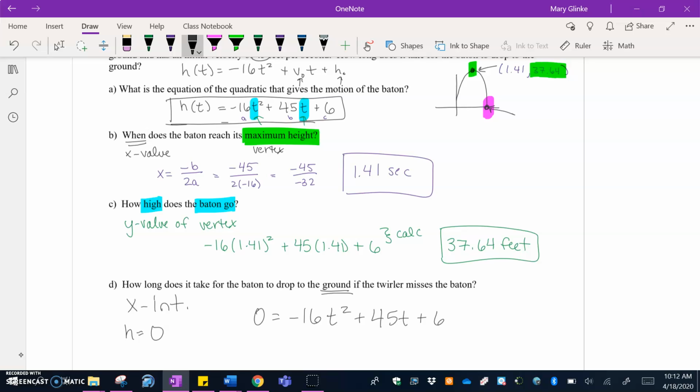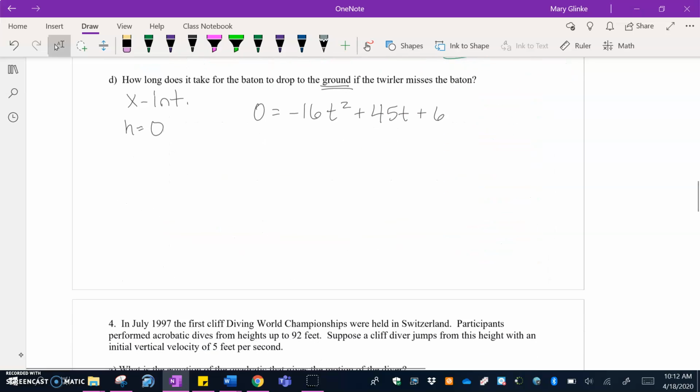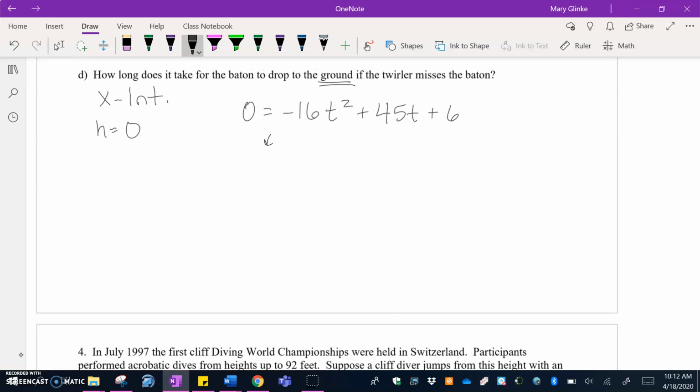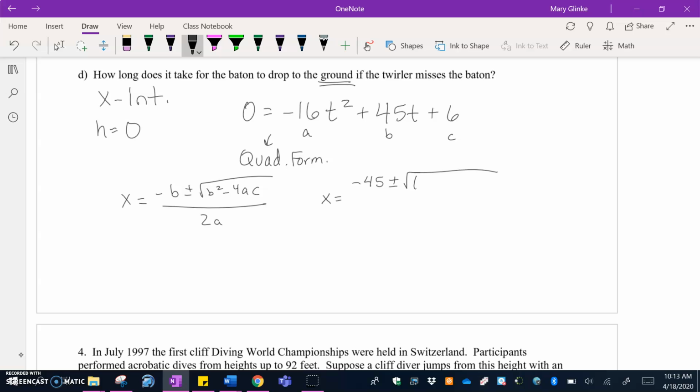In order to find that time, we're going to solve this equation using our quadratic formula. Factoring is not going to work so nicely. We're going to use x equals negative b plus or minus the square root of b squared minus 4ac all over 2a, and we're going to get a decimal approximation. So we're going to do x equals negative b, which ends up being negative 45, plus or minus the square root of b squared minus 4ac